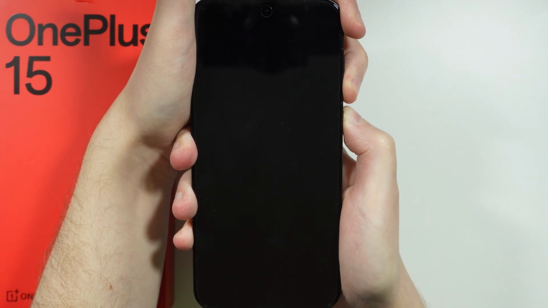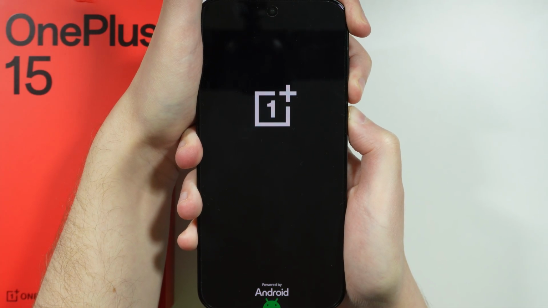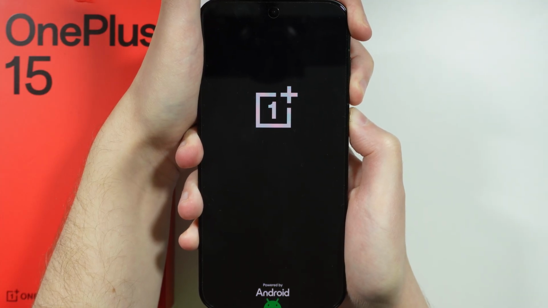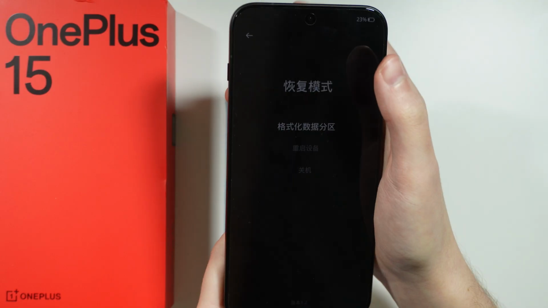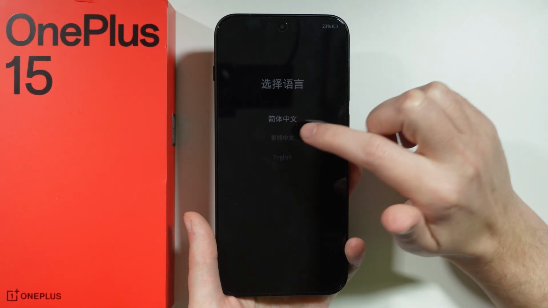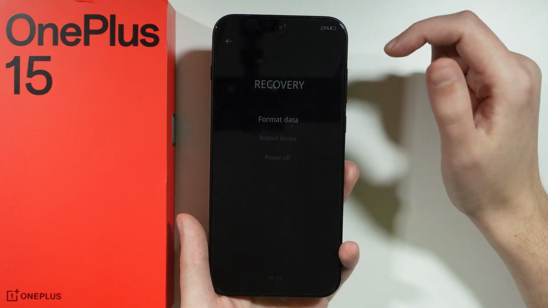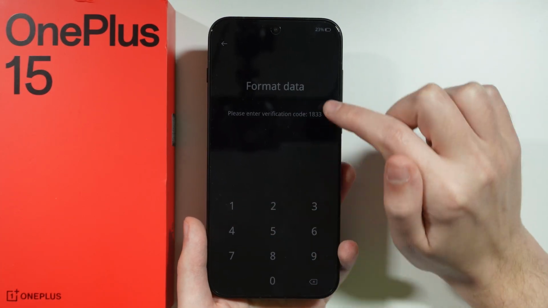And first we will have the language selection. If you see the OnePlus logo, then you can still hold it. There we go. And there is a chance that the language will be immediately selected, so you can tap on this arrow in the upper left corner and you can switch to English. And then in here we have format data, so you can select this option, enter the verification code that we have over here